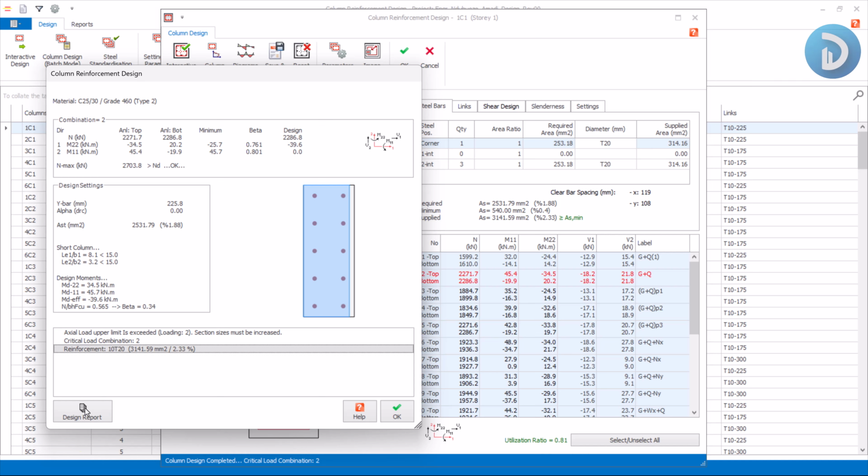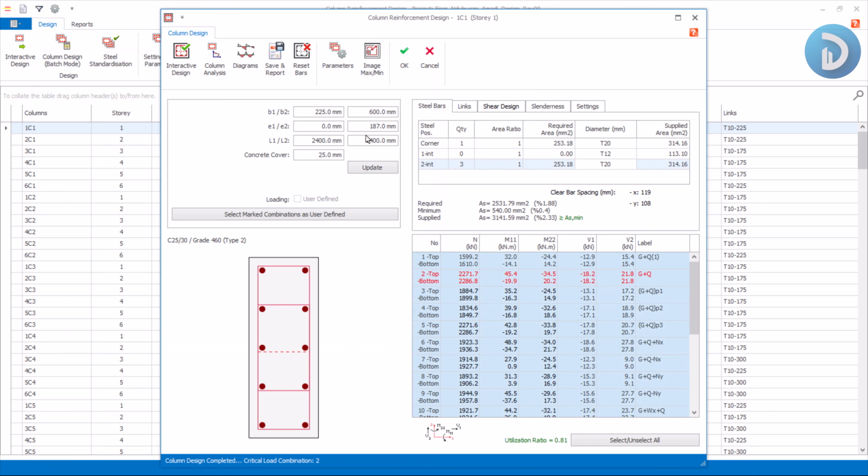So we have the axial load upper limit is exceeded, and it gives us an alternative in order to solve this issue. So it says our section sizes must be increased, right? So it's speaking specifically to our section size and not our reinforcement size, right? So what we can do is, let's click OK,